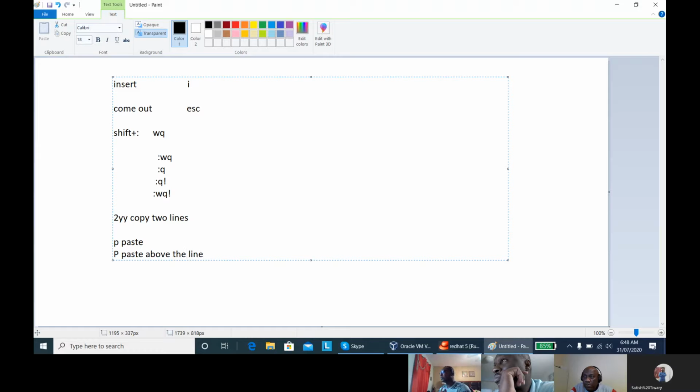So this is not the small p, actually this is the capital P. Capital P is paste above the lines. This small p is paste below the lines.